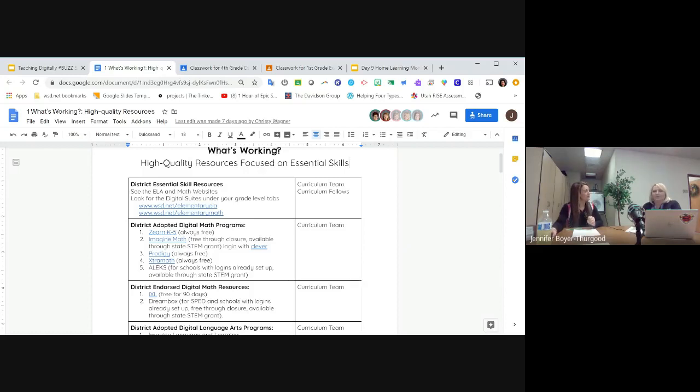And be thinking about your student. They're at home and you're throwing something new at them that they've never done before, they haven't tried. So we really want to keep with those things that they're used to, that they already have accounts set up. And so that's not one more thing that they're having to learn on their own at home. Just personal experience too, I have 5 kids doing this all at once, which is super exciting. But in the first couple of weeks, we set up lots of logins for lots of different things, and that was probably one of the biggest challenges, is just getting familiar with all the new things.